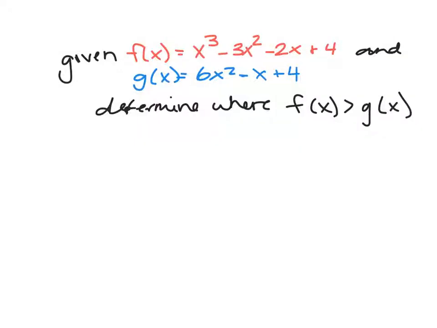All right, so our first step for the 8.4 boundary point and interval chart example from our test is to determine where f of x is greater than g of x. So f of x is our function in red, and g of x is our function in blue. We can go ahead and write those in. So x cubed minus 3x squared minus 2x plus 4 is greater than 6x squared